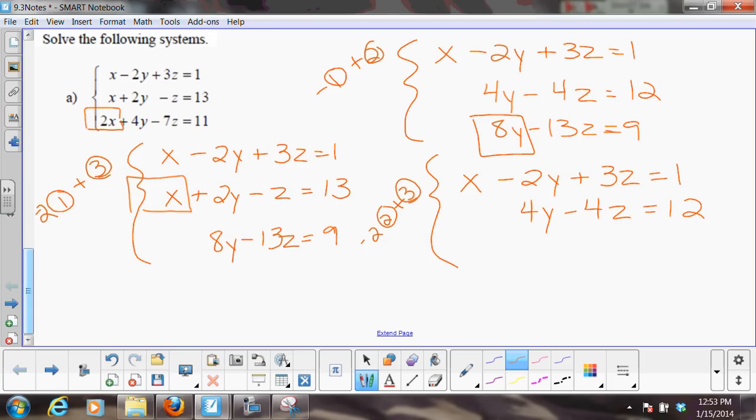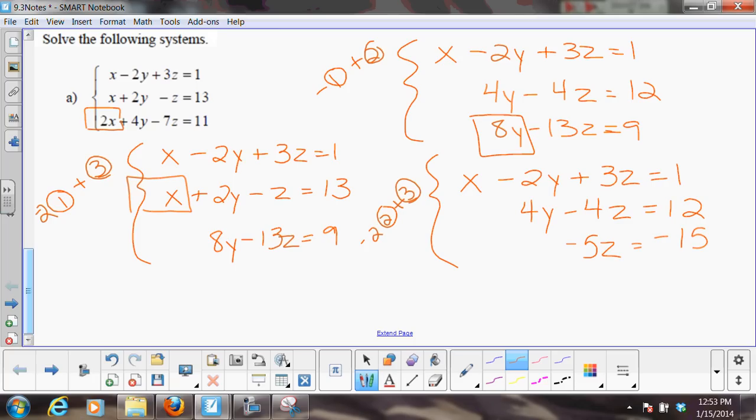So it's just rows 1 and 2. I am using row 2, but I am not changing row 2. So -2 times 4 plus the 8 is 0. -2 times -4, which is +8. 8 plus -13 is -5. And then -2 times 12 is -24. -24 plus 9 is